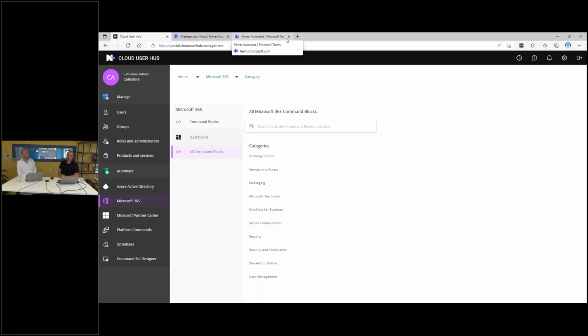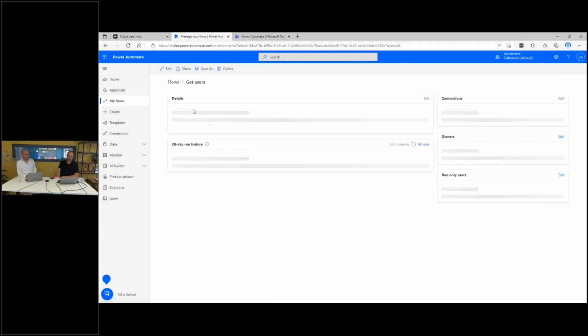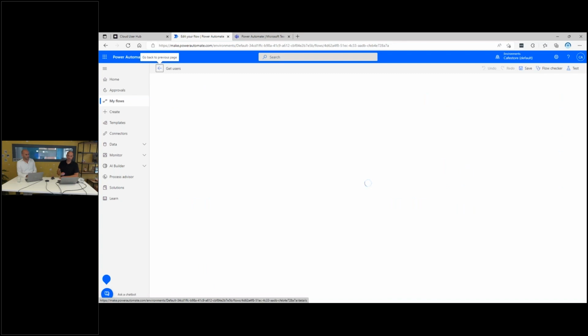But in regards to extensibility, it might be nice to show you the following example. So Power Automate is something that we'll release quite soon. And the Power Automate connector allows you to do, let's say this. It's a very simplistic example, but it's nice to show you how that works. We can bring the capabilities of command blocks and the API that we have outside the product. So I'm hoping that my Power Automate will respond a bit better than this.